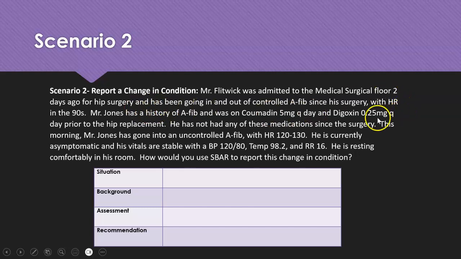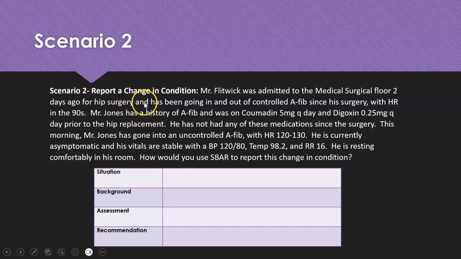They're saying that he is on no medication since his surgery. He was on Lanoxin. I've seen this type of thing happen before where post-op orders come and they do not reorder the patient's medicines that they were on previously or tweak them so that they could go along. He may be on Lovenox or something like that. That's another blood thinner, but I want you to look up what Coumadin is for, and I want you to look up what digoxin is for.